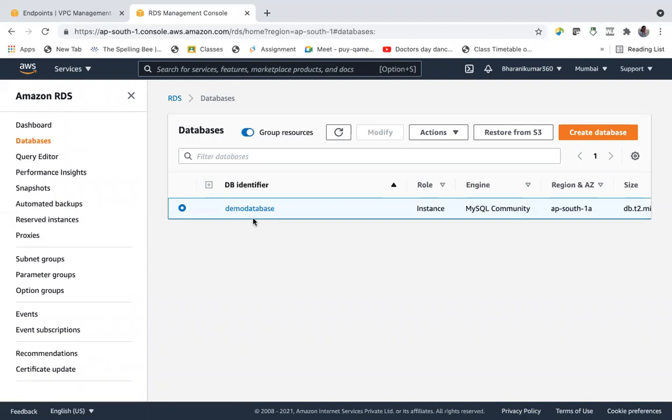So that will result in improved performance and availability of your database. And when you update the master database or original database, the read replica will also get updated. So read replica is only for read requests. You cannot directly update a read replica. Right, let's see. Still it's under this status only. Now it's backing up.